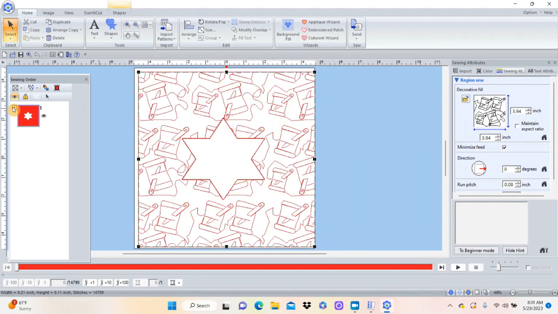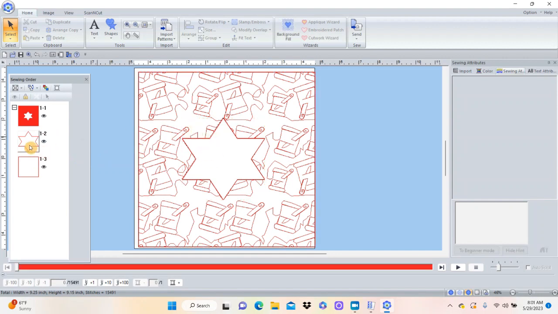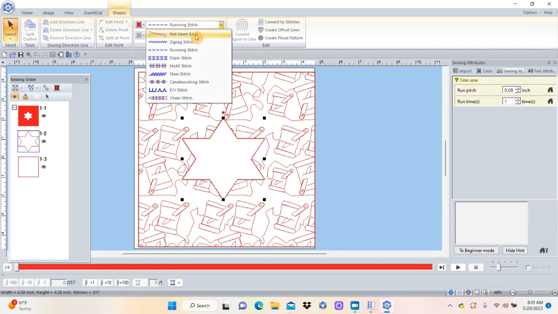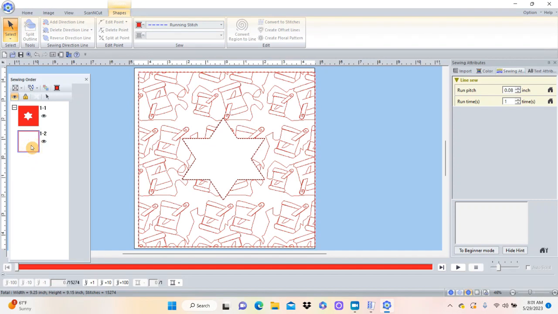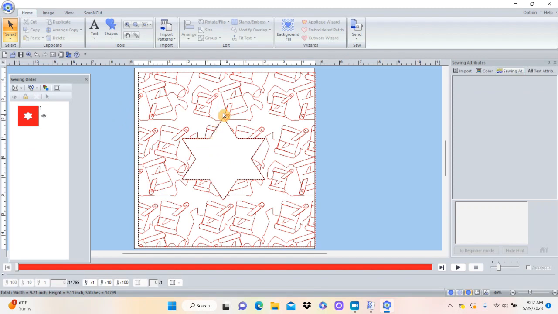Now, you'll notice that if I hit plus, it outlines the 2 running stitches that I had here. So now that I've done this, I can actually select this one and say don't sew this now and turn that off. Hit the plus sign, select this one and select objects and don't sew this one because I don't want it to have that many not sewn. But it does outline the star as it goes back and around,